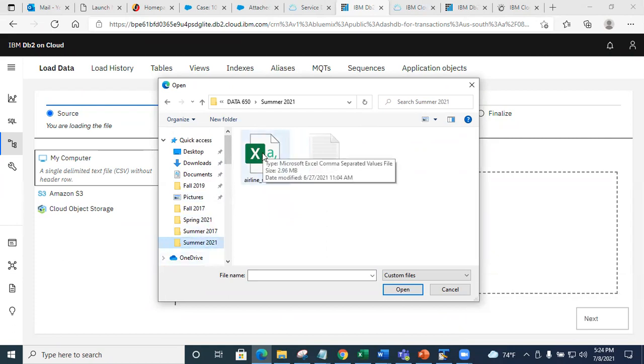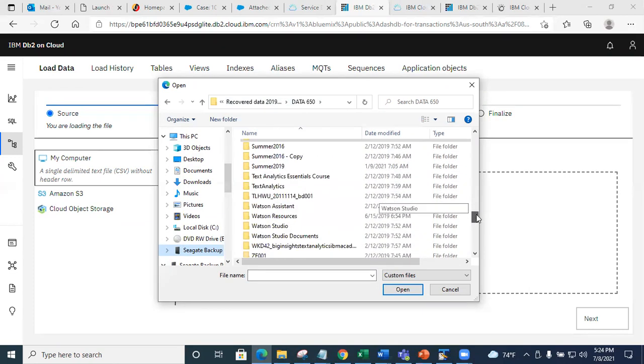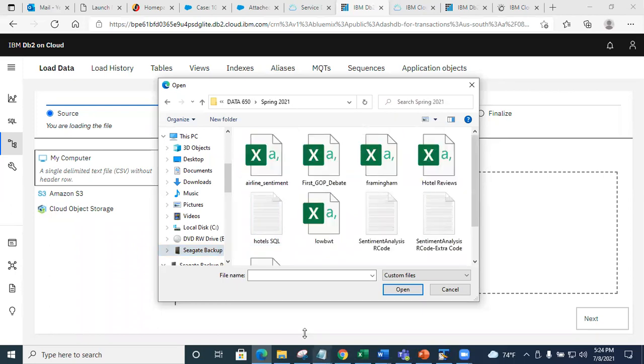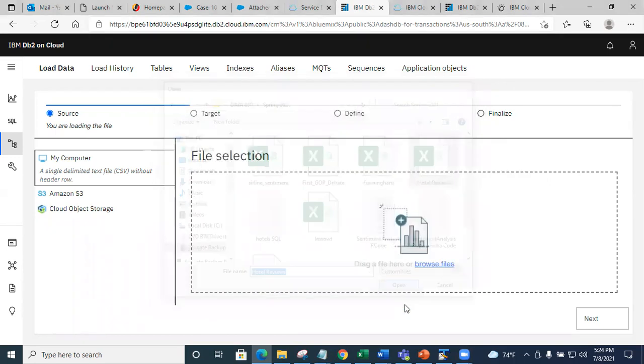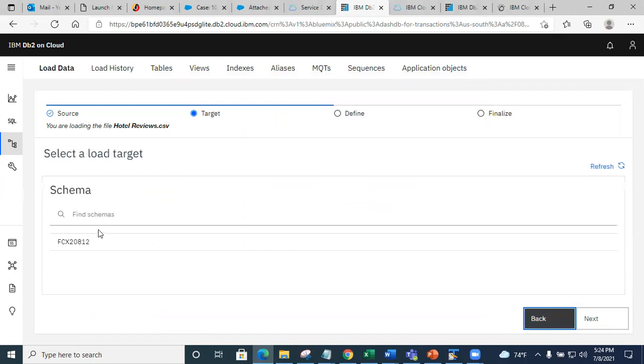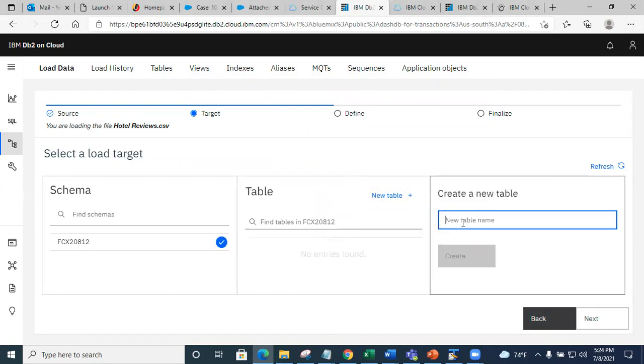Oh, okay. So here we go. This is airline data, and I also was going to load the hotel data. So the hotel data was in a sprint folder, guys. Well, sometimes bad days have a happy end, right? So this is the hotel data that I was gonna do for the queries. Now see this. I selected the file. Now I'm gonna click on next, right? So this is my schema apparently, right? And I'm gonna do this new table, and I'm gonna call it hotel review, right?